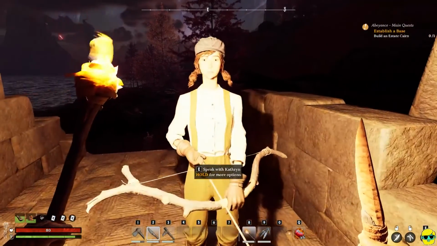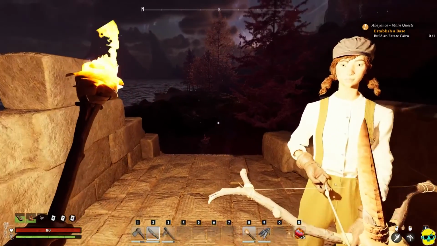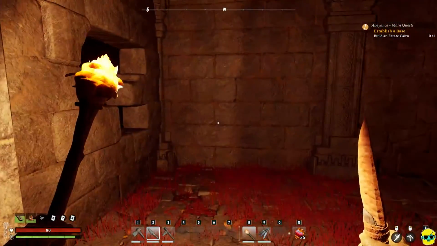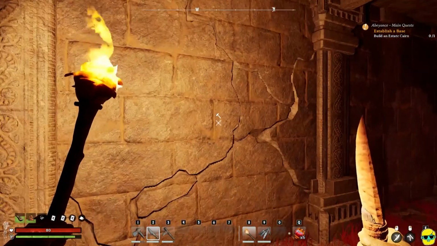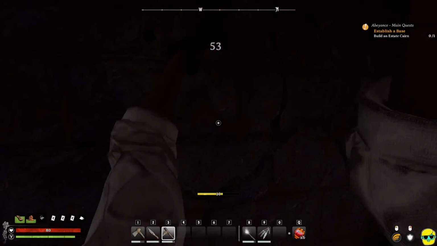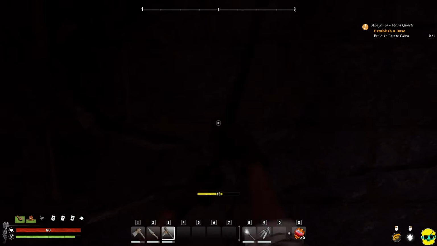You saw her rocking it with the bow. You don't have to worry about her ammo. She's just going to have unlimited. But you might want to have her fight melee and tank a little bit too. You can do that. So you see where the wall is cracked? If we select like our pick and just hit the wall, we can get through this. And that just goes to the outside. But this internal wall...